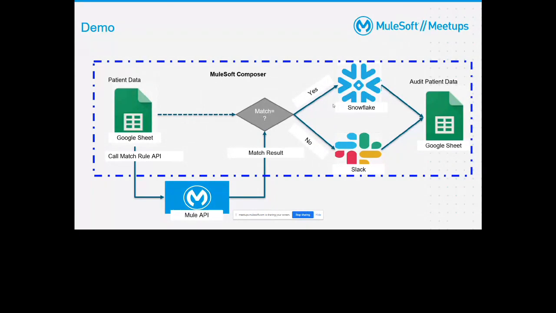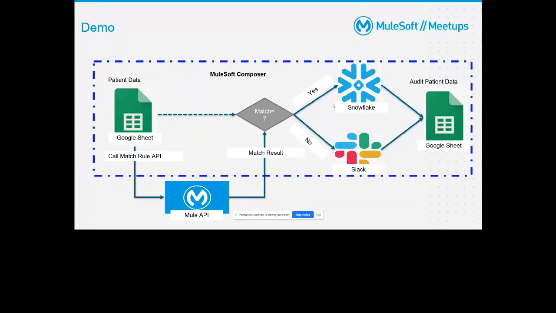I have a Google patient data sheet, and there I will enter some data. Then there will be a MuleSoft Composer flow, which will read that information from the Google Sheet and invoke a Mule API, a simple API I created for this demo purpose, and run some matching rules.